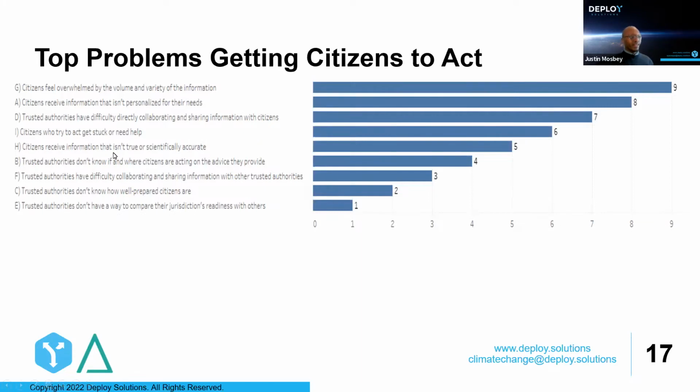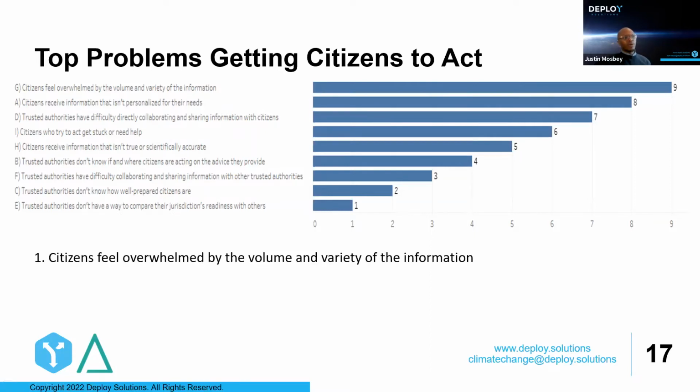We then identified problems that were randomly presented to the respondents, and we asked them to rank the top 3 problems that stood out. So the number 1 problem was citizens feel overwhelmed by the volume and variety of information.